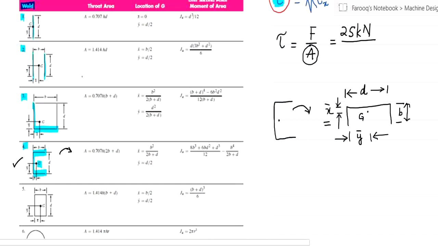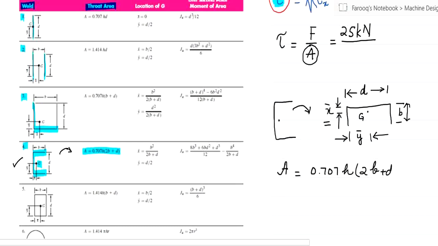But we need to find the formula for the throat area, and we can see that the formula for throat area is provided here, and that formula is A is equal to 0.707 H